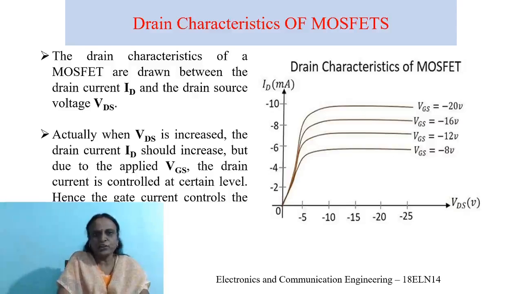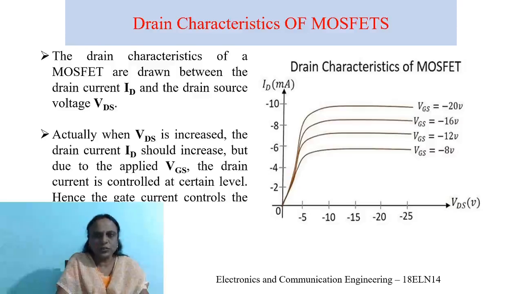But due to the applied gate to source voltage, the drain current is controlled at a certain level. Hence, the gate voltage controls the output drain current. So this represents the drain characteristics of MOSFET, because it gives the relationship between ID versus VDS,